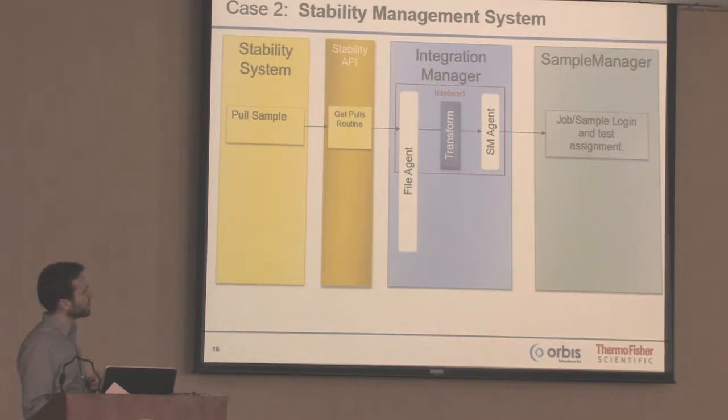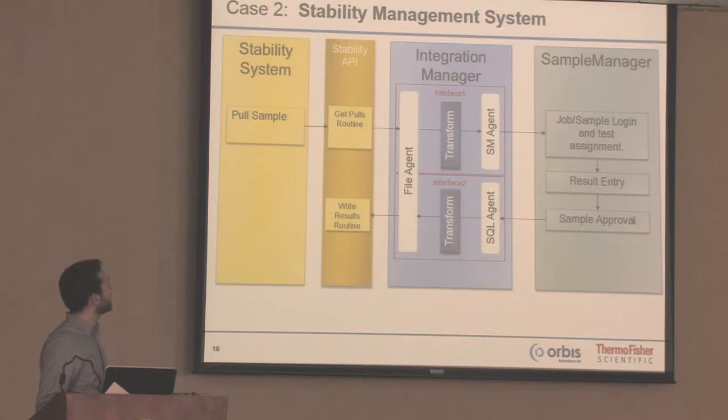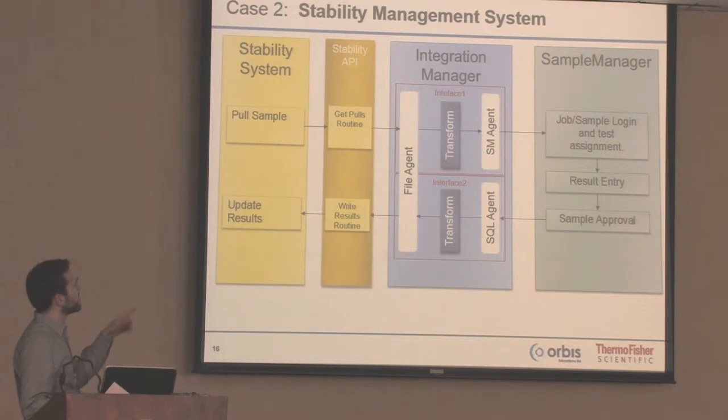So once results were entered in SampleManager and approved, an SQL agent would then poll SampleManager for all approved stability samples within a given time range, transform that to the stability XML format. Stability API and write results routine would then pick up that file and update results in the stability system. So you can see a number of agents that are using